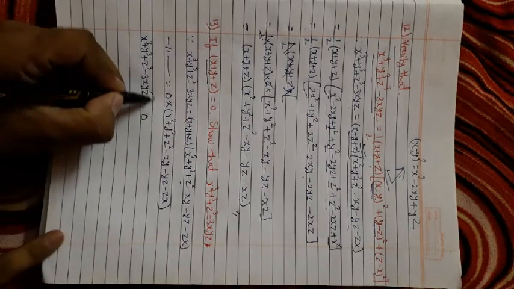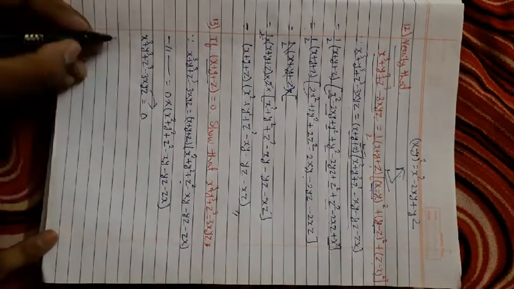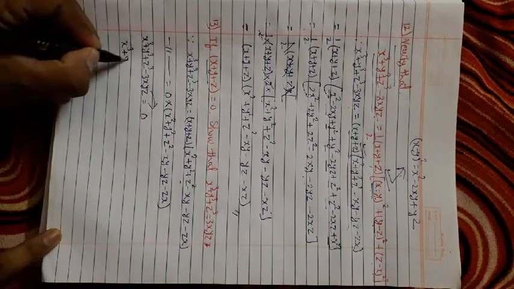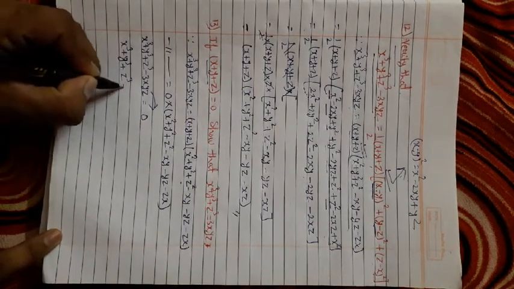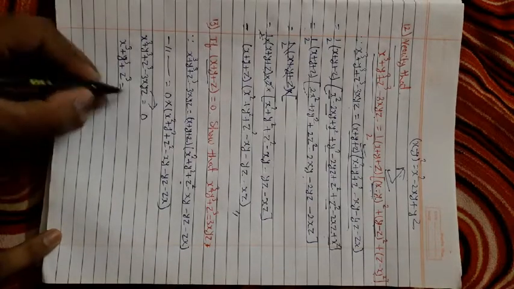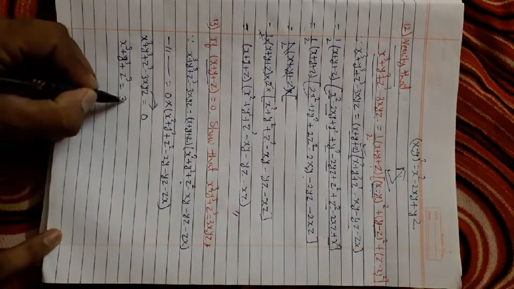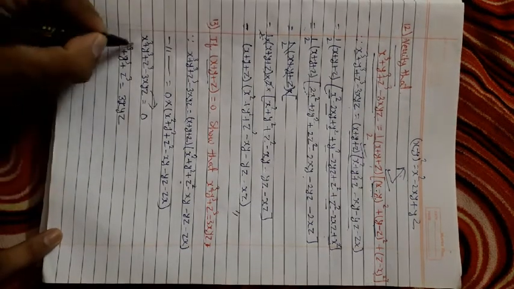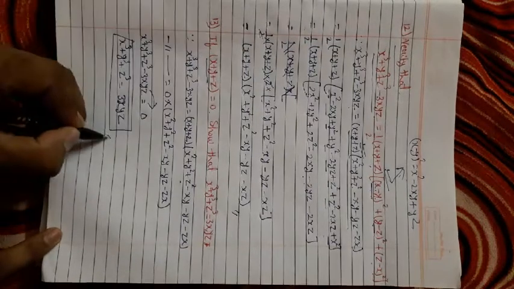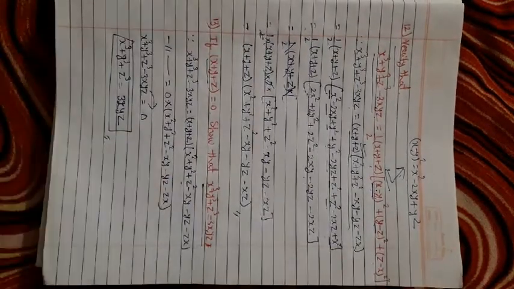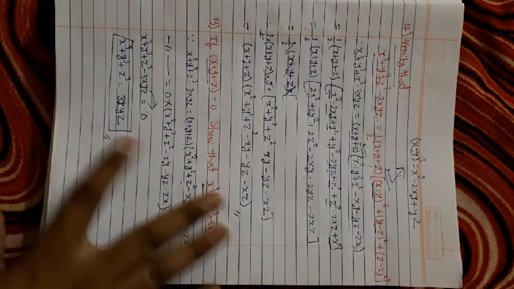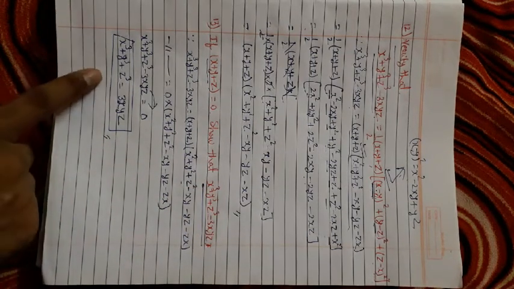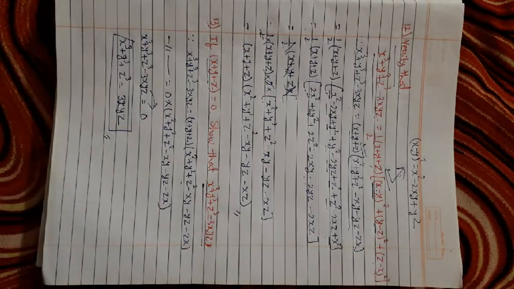Okay, now when I shift plus 3 minus 3xyz, its sign will be changed. So it will be what? x cube plus y cube plus z cube, and 3xyz minus 3xyz, when shifted, its sign will be changed, so it can be written as 3xyz. So here we have verified it. This is what we have to show: x cube plus y cube plus z cube equals 3xyz. Here also we got that x cube plus y cube plus z cube equals 3xyz.